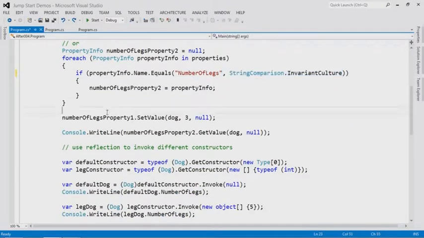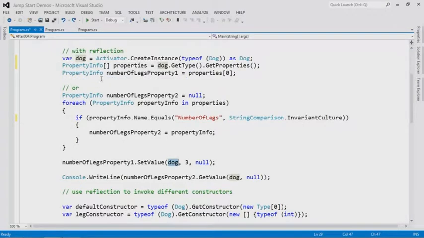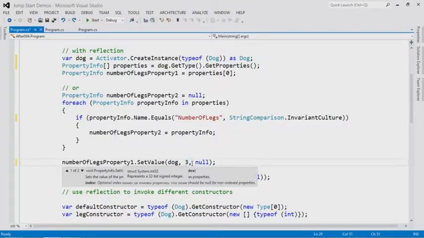Okay. Yep. And so here we are, setting. So here's your setting value. Yeah, so here I set the value. Dog is the instance. Of course, remember right at the top, we created it with reflection just to be fancy. And so now we're setting dog to a value of 3. And there we are. That's tricky. And the third, and it's almost always null because it's a very special case when you want it,